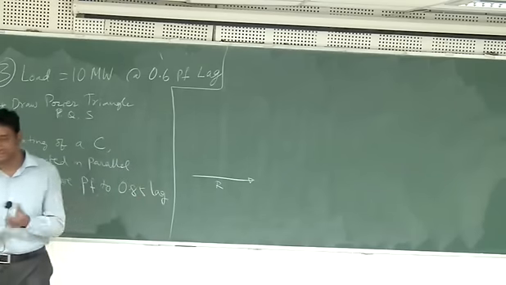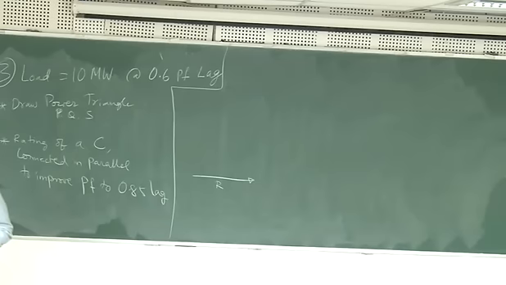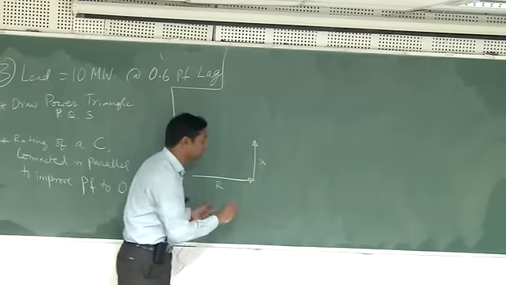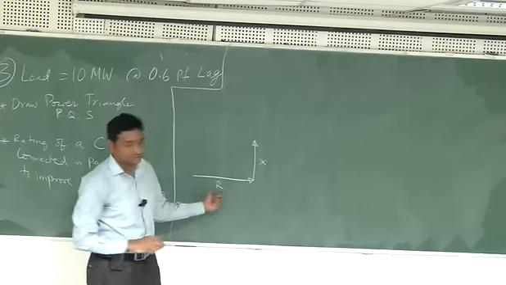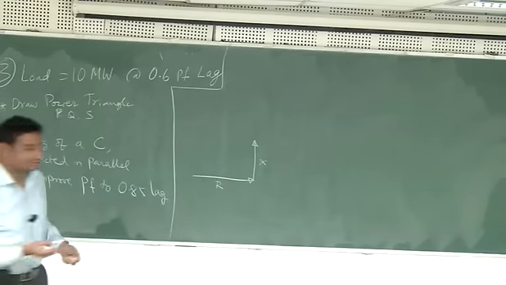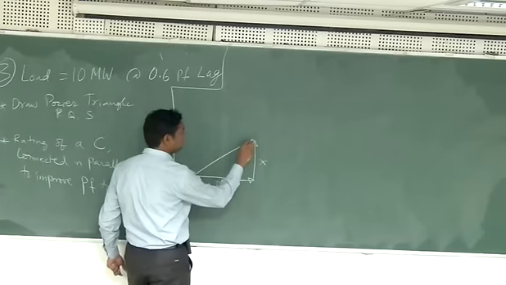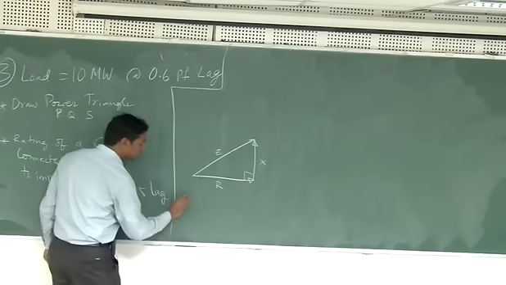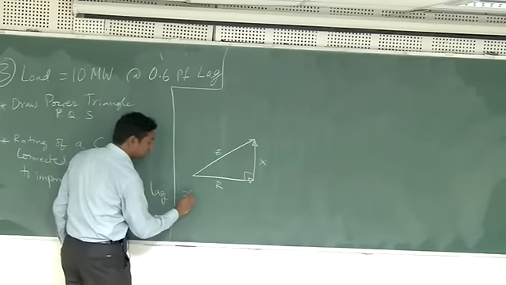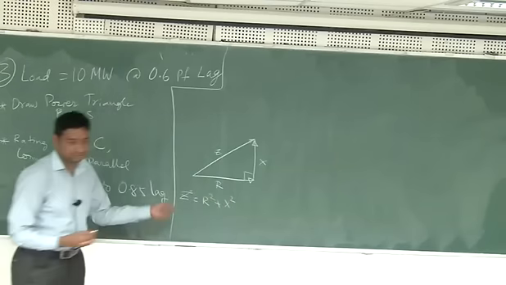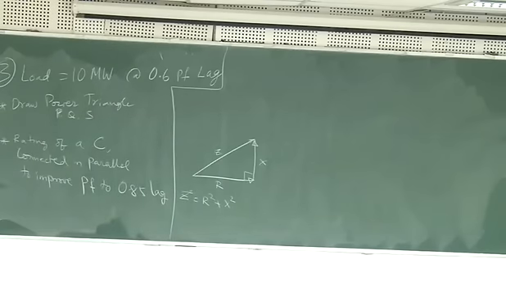The x-axis is the resistance and the y-axis is the reactance. So this is R and X, resistance in ohms and X also in ohms. So what is the impedance? If you want to find the impedance, you can just join these, and this is the impedance. This is 90 degrees. Therefore Z squared equals R squared plus X squared, and you can take the square root and find the impedance. This you already know.